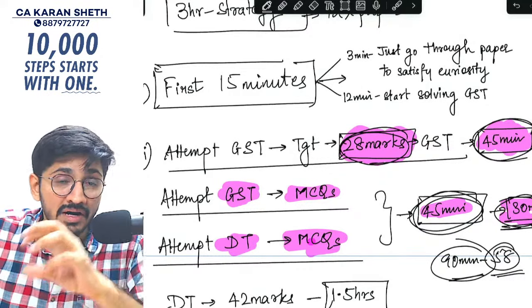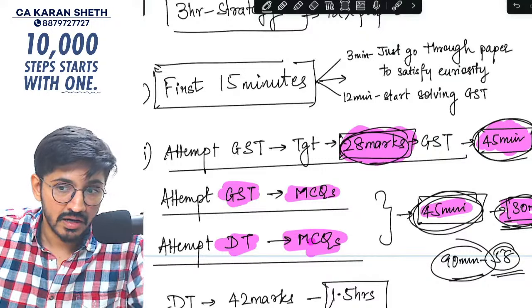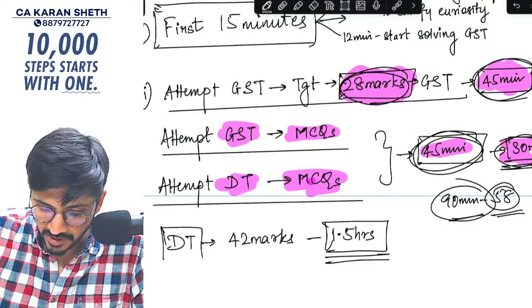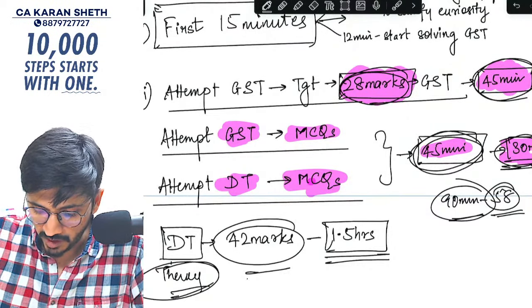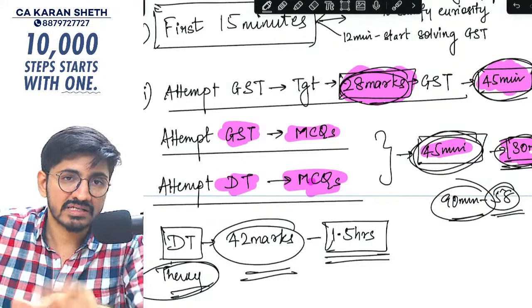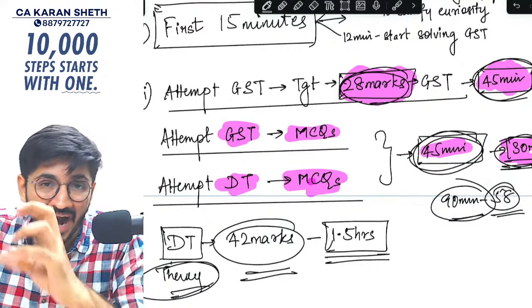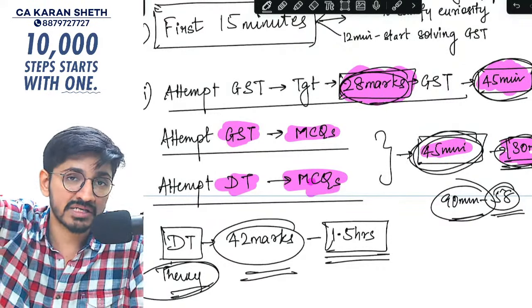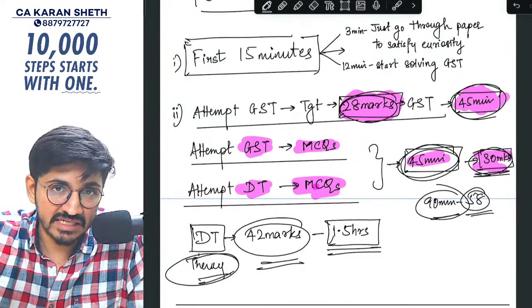Okay, now you have another 90 minutes. You have another 1.5 hours. Make sure that you do the DT theory in this, which is enough. That is 42 marks. इसमें जितना लिख सकता है लिखो, अच्छा ही है, because 58 marks का you have written. So even if you add 25-30 marks, understand you are still writing 88-90 marks का paper. Got it? So this is the ideal strategy.